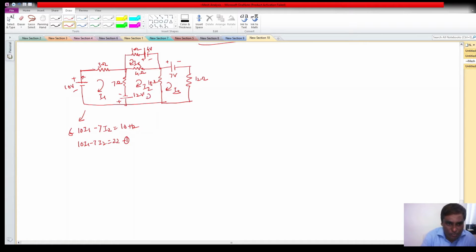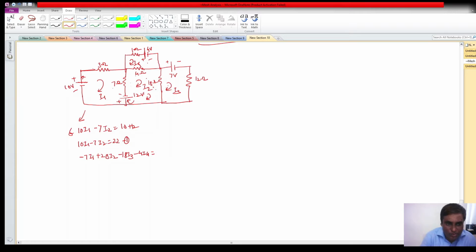Similarly you can write for mesh 2, the sum of which is 7 plus 4 plus 18, this is I2. The common with mesh 1 is minus 7, so minus 7 I1 plus 7 plus 4 is 11 plus 18, so this is 29 I2. Is there anything common between 2 and 3? Yeah, it is common, so it is minus 18 I3. Is there any common between 2 and 4? Yeah, it is common, minus 4, so minus 4 I4, which will be equal to the sum of all the voltage sources present,